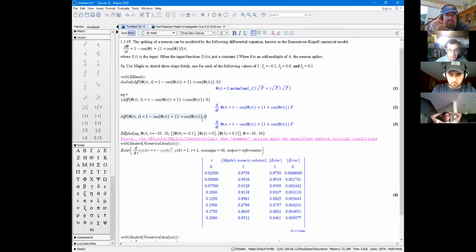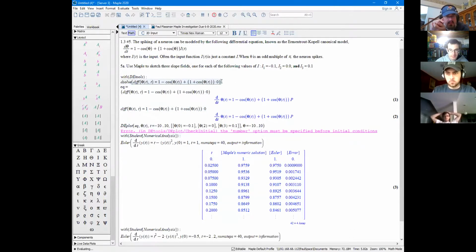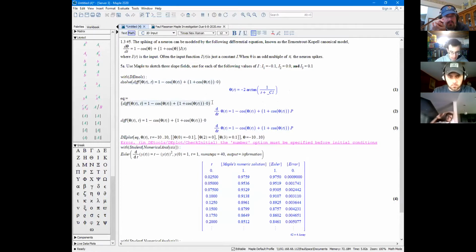Now remember, Maple won't remember that that's your equation until you hit enter after naming it, right? And now it remembers what it is. And that extra line, it's just extra. But now if you do DE plot,